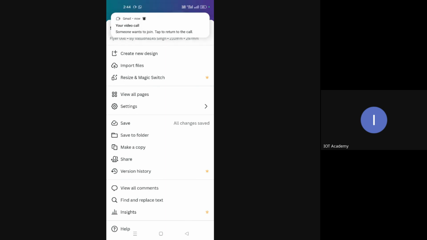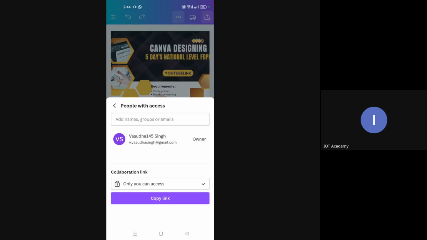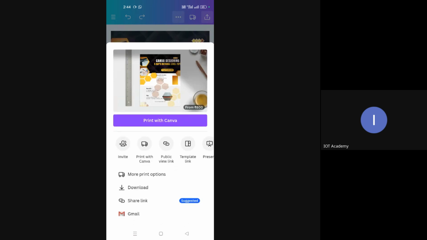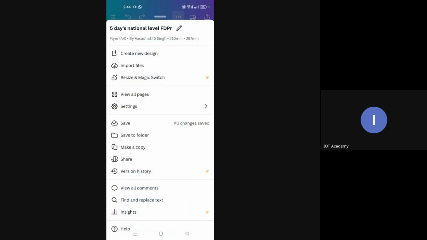Once you're done, make a copy and share it with your friends. Sharing option is available online, provided they have the Canva application in their mobiles and access to the share message that you are going to send them via your Gmail account or messages, etc.